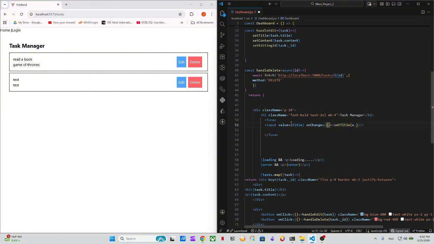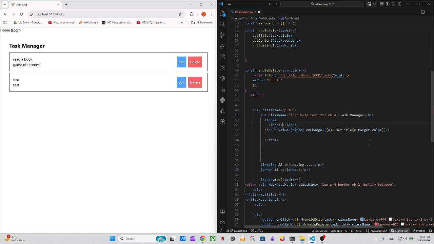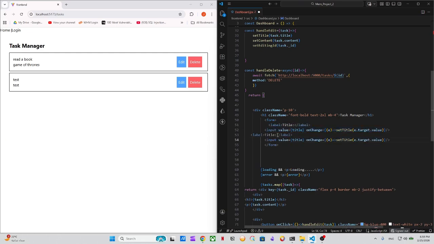No, I have to put here e, so let me just remove this one. Yeah, e.target.value, and add label here just so we can specify the title. Okay, I'm just going to copy this one, Control C, paste it here, and change the name here to content. Okay, set title is going to be content, and change the value here to content,